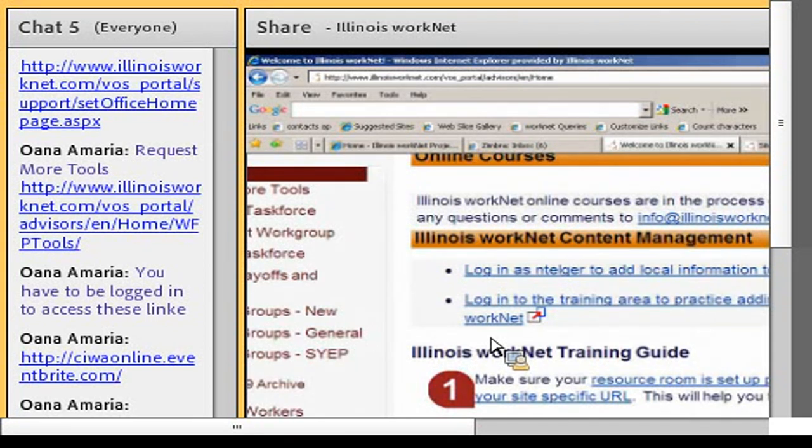If I've completed the content management online course, then you'll see your single sign-on to content management. And when I say content management, that means that I can add local promos, update news and events,